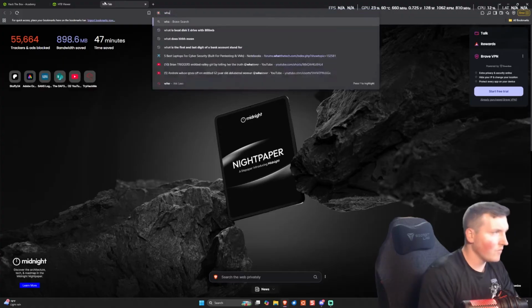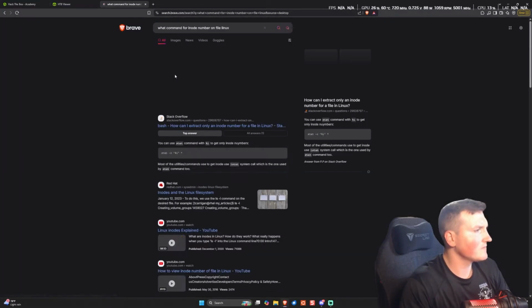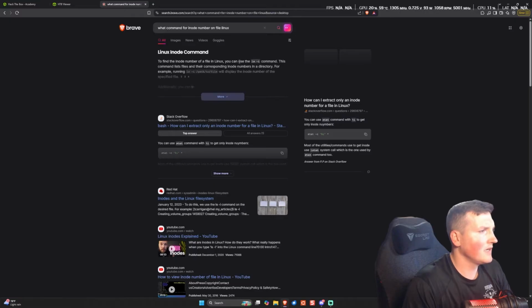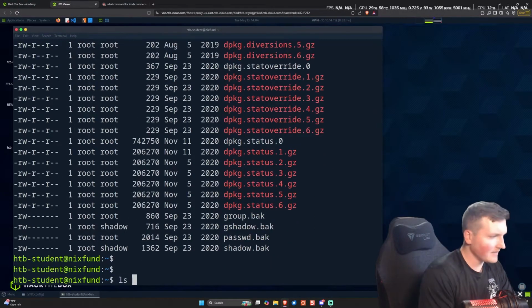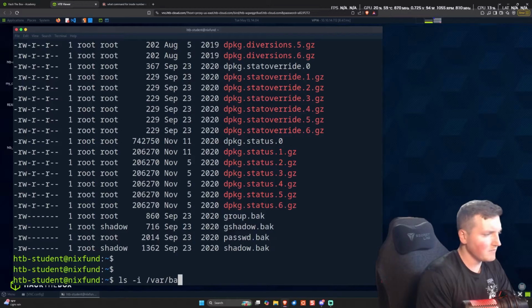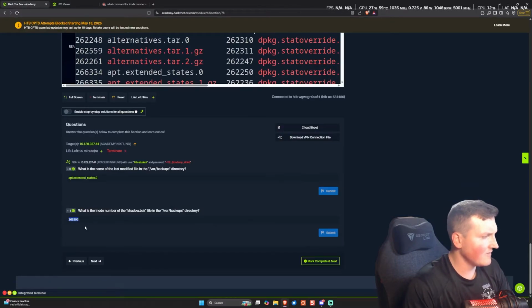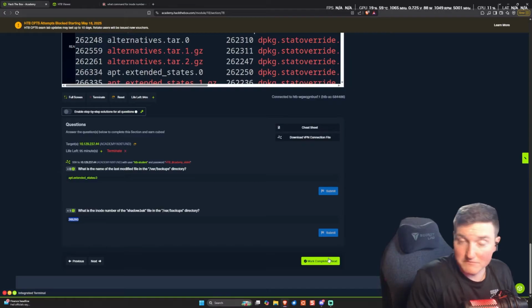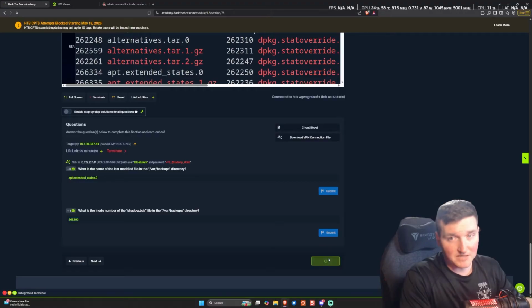Well, let's see. What command for inode number on file Linux? And we'll find out. Okay, so ls -a, we're back to it. All right, so we'll just say it's under var backups. ls -i var backups, and we're trying to figure out the shadow.back. 265.293. So the question had absolutely nothing to do with moving files, copying files, any of that stuff, but there's your